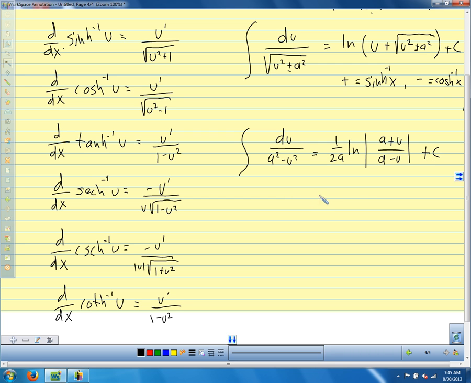And the minus sign is, did I have a minus sign? I think we should have a plus or minus. Let me double check on that. I think I might have missed a plus or minus there. And the integral of du over u square root